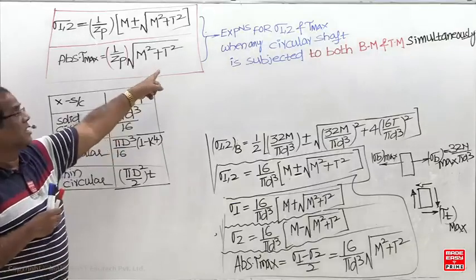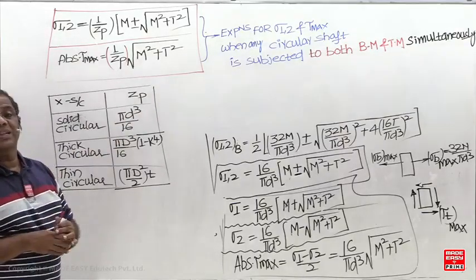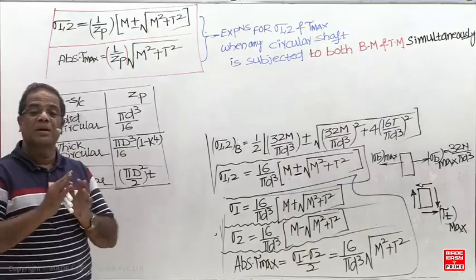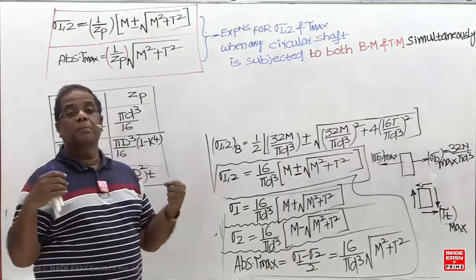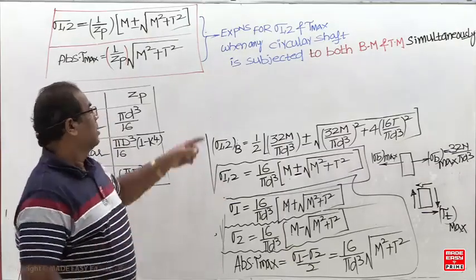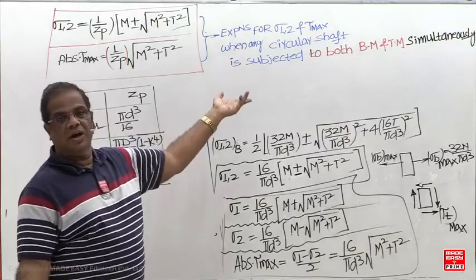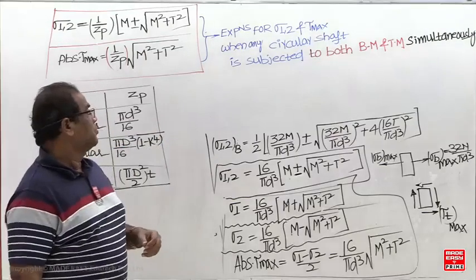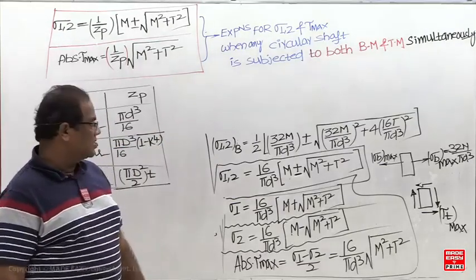So these are the generalized equations for principal stress and maximum shear stress. If nothing is mentioned, the maximum shear stress means in-plane and absolute are both the same. When any circular shaft is subjected to both bending and twisting simultaneously,